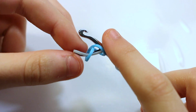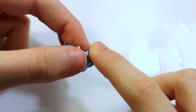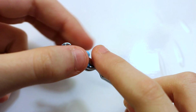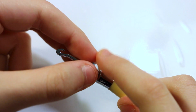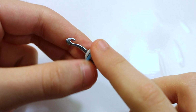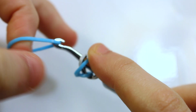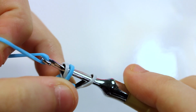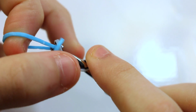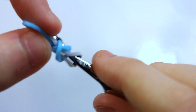But before I place it back on my hook, I'm going to pick up one side of my cat band and then replace the other end. You want to make sure they don't switch the order. Just keep it in the middle, and it doesn't matter which side because we'll be picking up both anyway. Take another outside color and pull it through the first 2 sides, so one side the zebra and then the blue. Before you place it back on your hook,